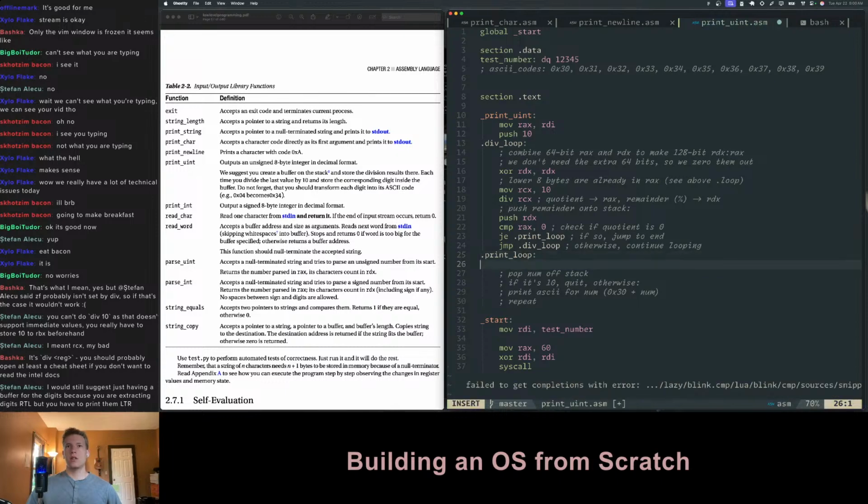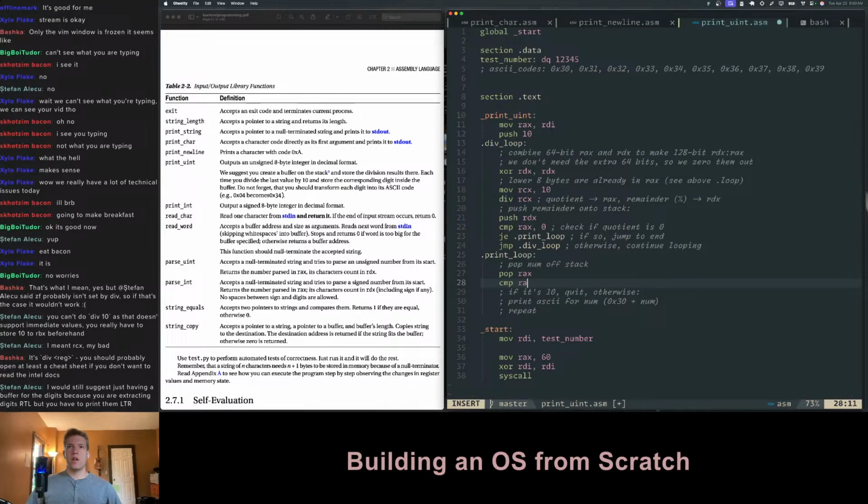So I don't know what register to use, maybe RAX, pop RAX. So that's this. So then check if it's 10. So compare RAX with 10. And